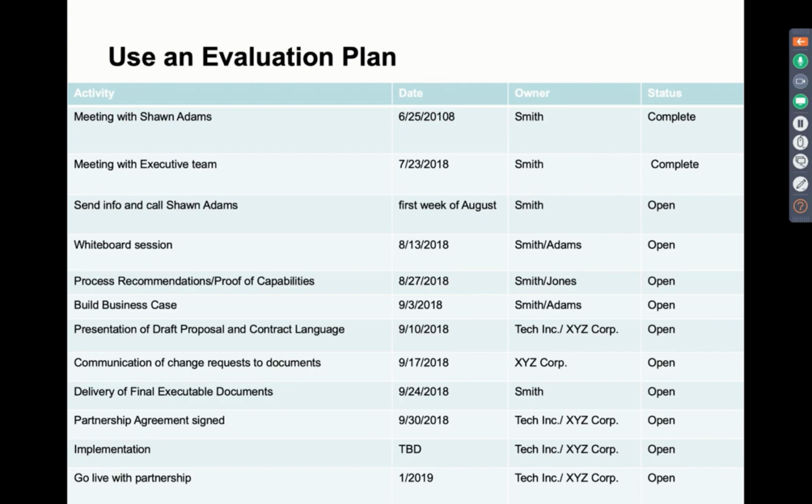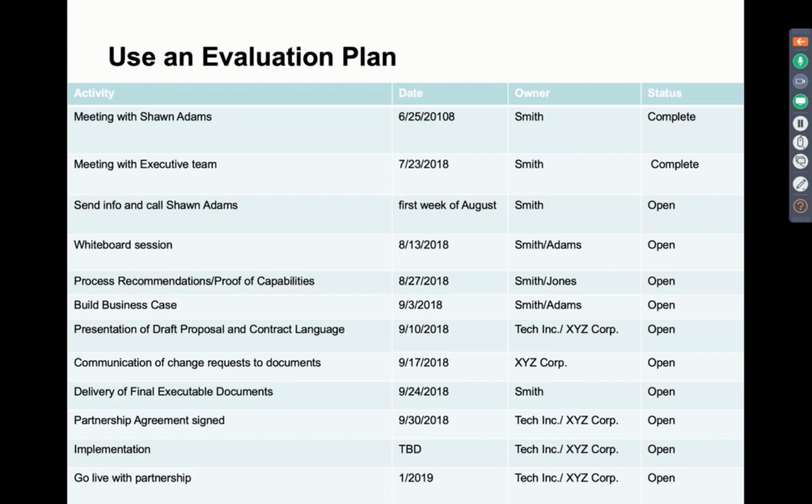maybe the prospect has gone quiet on you or not been responsive. You can go back to them and say, I don't know if something's changed on your side, but if you are still wanting to purchase from us and you want to have the implementation done by the end of the year, then according to our plan that we agreed to, we need to complete the step that I'm calling about today by the end of this month.